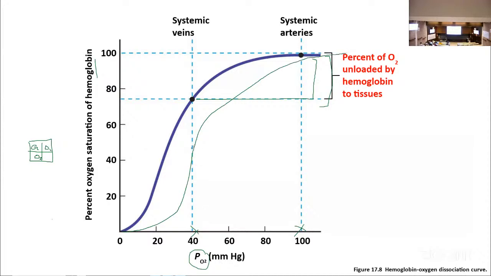Because if we're comparing the partial pressure in our veins and the partial pressure in our arteries, where they intersect with a curve that's moved to the right gives us a way bigger amount of oxygen popping off and going into our tissue,